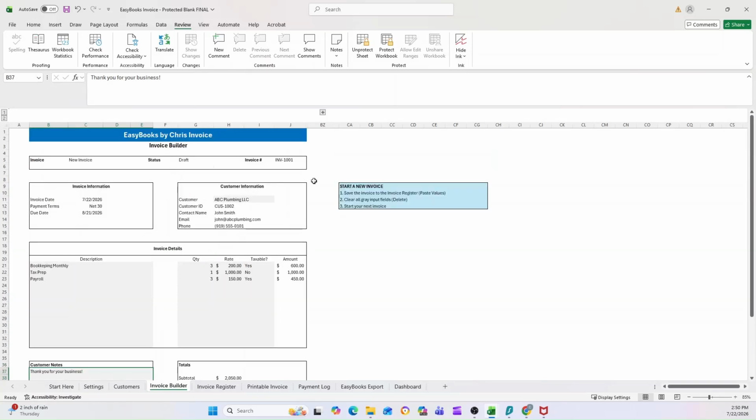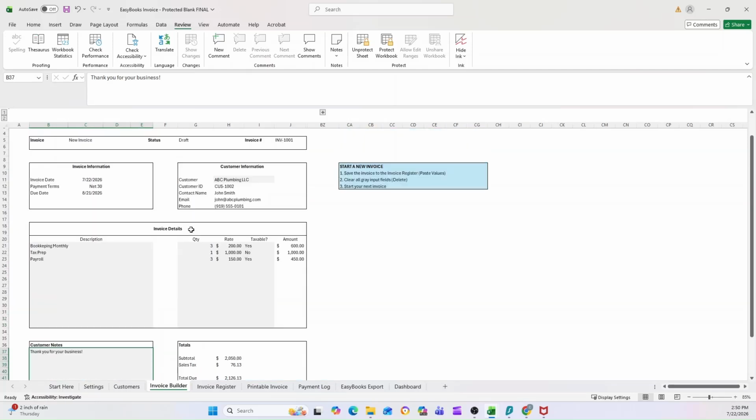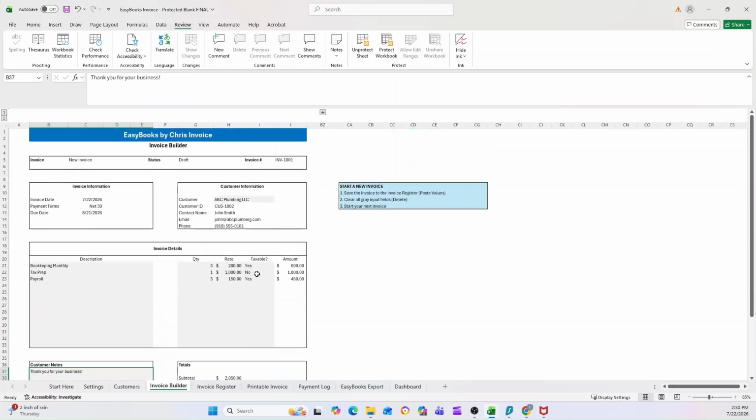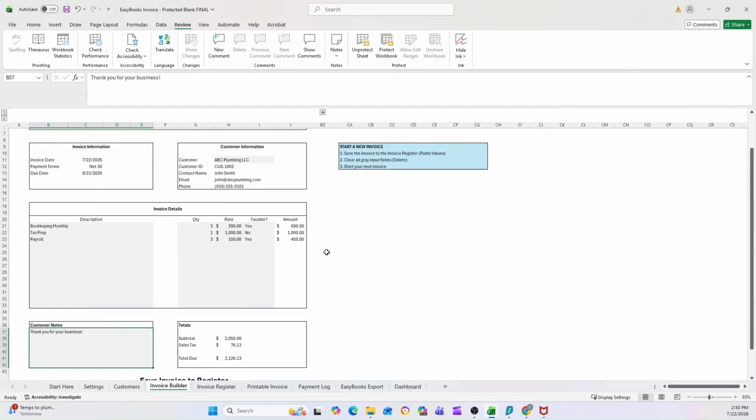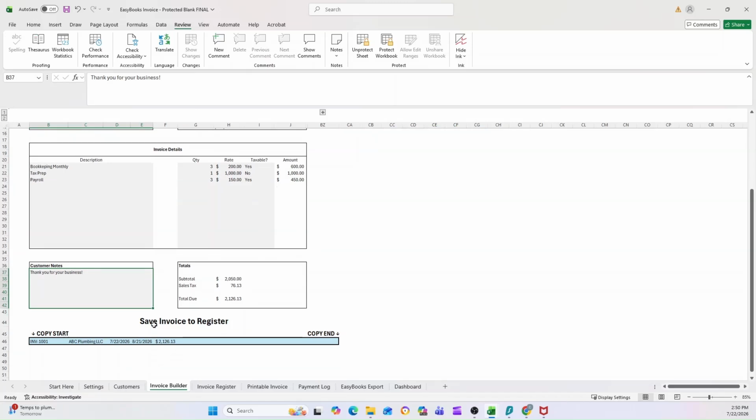So now you can see this has an invoice number here that pre-populates based on the invoice register. You've now got everything filled out for your invoice. So really, this is the most important part of this whole file, is to do this part correctly. Okay, so you'll see down here at the bottom, to save the invoice to the register,